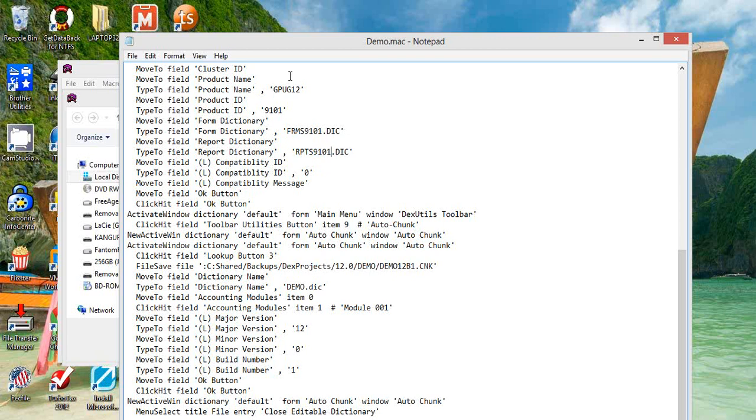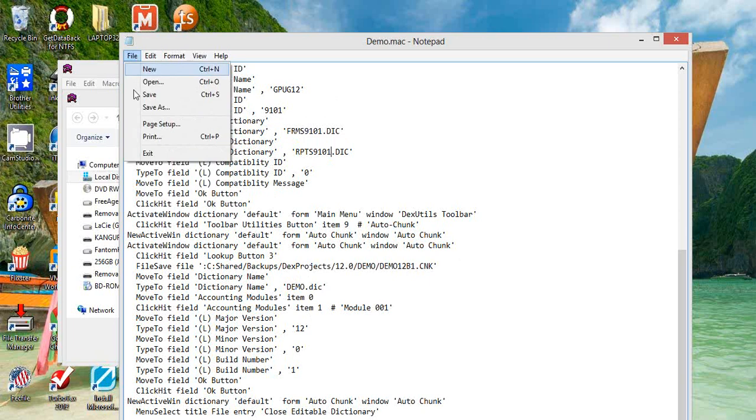So this is the main dictionary here, and then the paths are going to be for the forms dictionary and the reports dictionary in case anybody makes modifications to either forms or reports that are defined within the product that you've just created. So I'll file save,